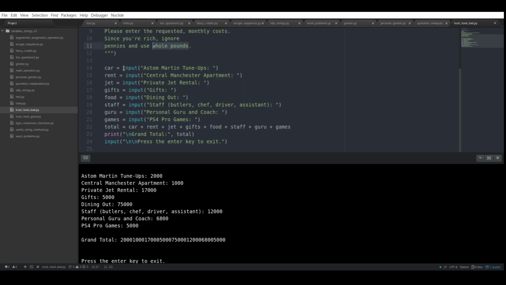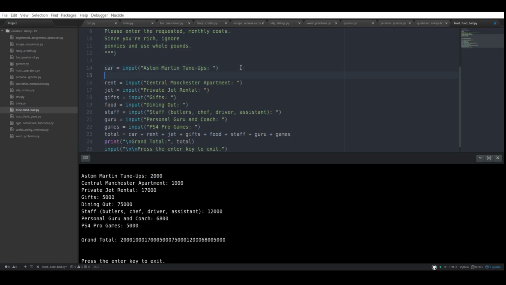Now I've already done this once before in an example where we convert one data type to another. Now there are two ways that we can do this. So we can take our string coming from the user, in this case we entered 2000, and we can assign that to the car,